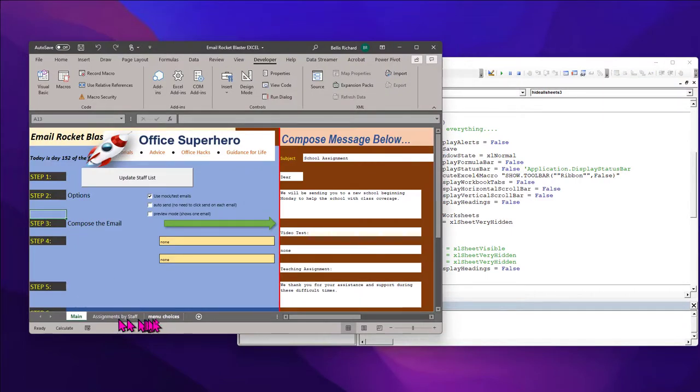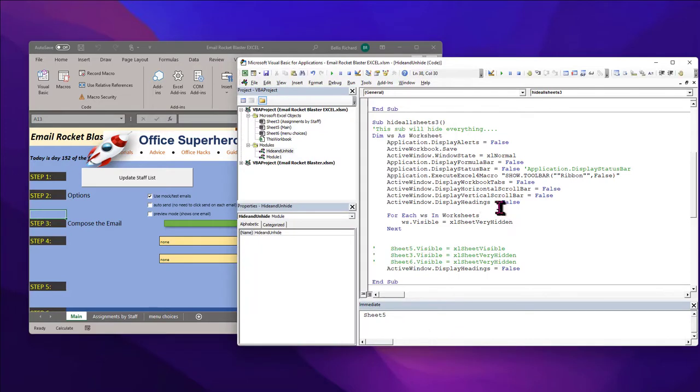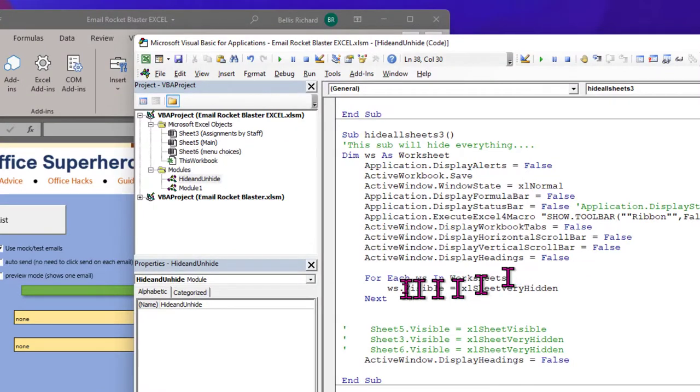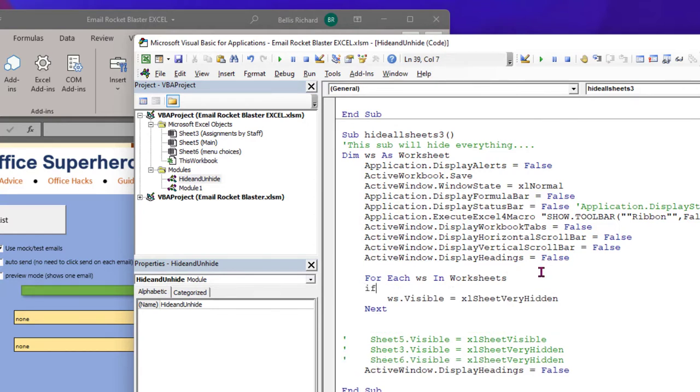So we want to make every other sheet invisible except main, or the code name, which is sheet 5. So here's how we're going to do that. We're going to say for each sheet, WS, for each worksheet in Worksheets, we're going to say if